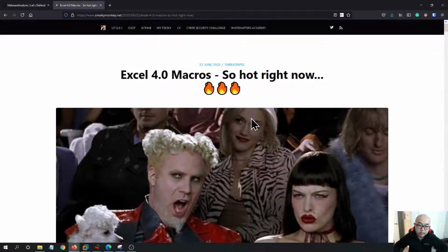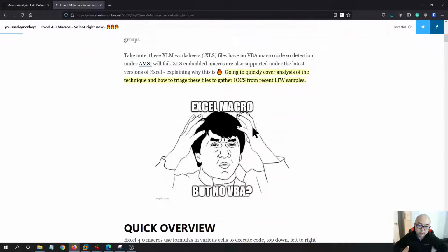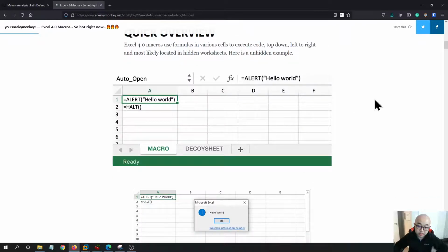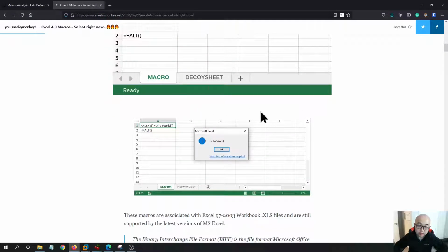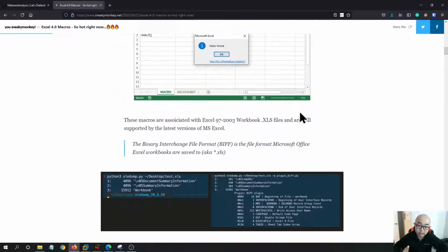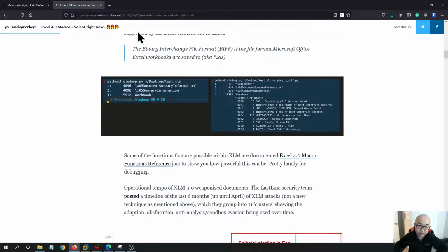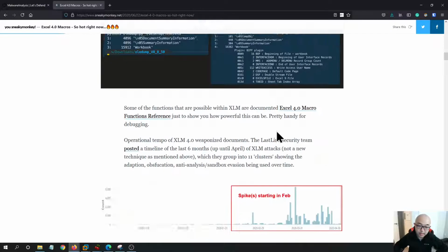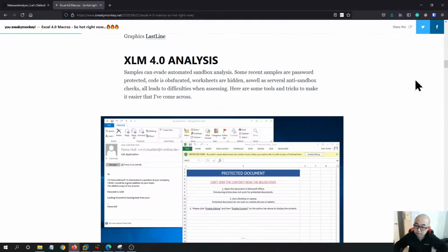This link is called Excel 4.0 Macros: So Hot Right Now. This article lays out how you can reverse engineer a malicious macro file. It introduces how to use oledump,